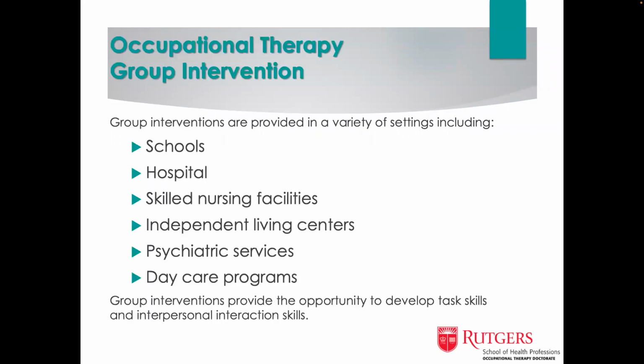So, occupational therapy group interventions are provided in a variety of settings, including schools, hospitals, skilled nursing facilities, which some places call SNFs, and independent living centers. The difference between a skilled nursing facility and an independent living center is that you have to have a pretty high level of independence to live in an independent living center, as opposed to a skilled nursing facility,